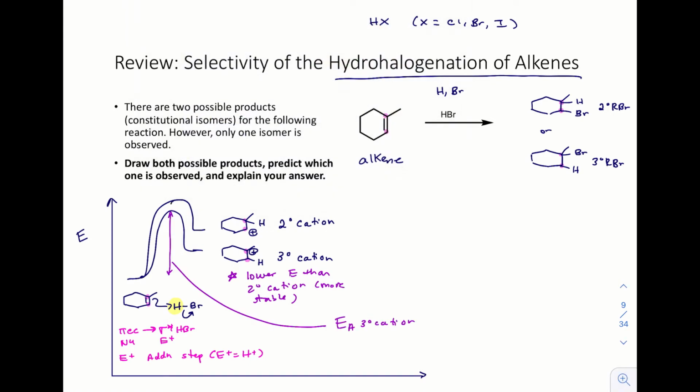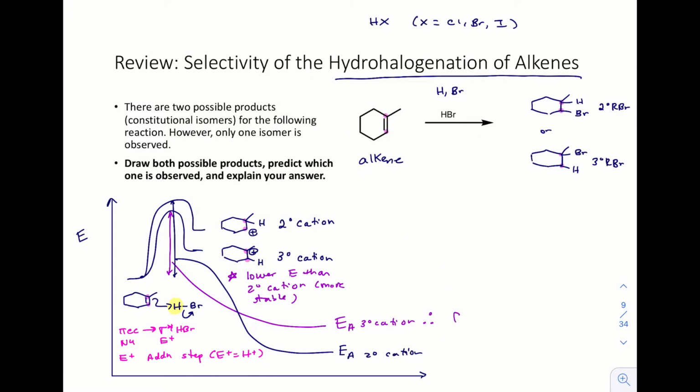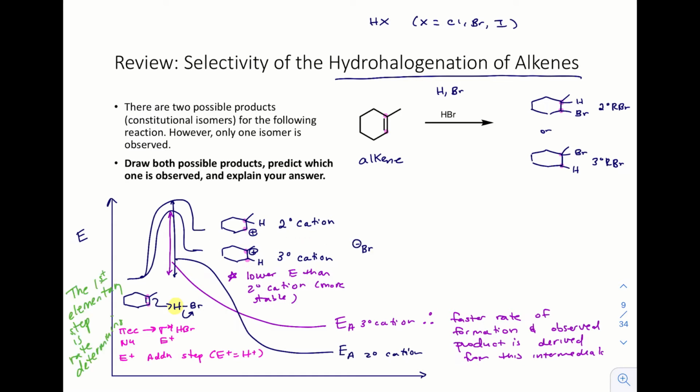Thus, the activation barrier to form that tertiary cation is lower than the activation barrier to form this secondary cation, that one, since it's higher energy. Thus, there is a faster rate of formation of the tertiary carbocation, and the observed product is derived from this intermediate. The first step is rate determining, but once that tertiary carbocation is formed, the second step can occur, which